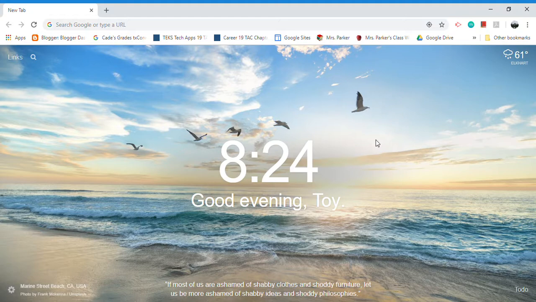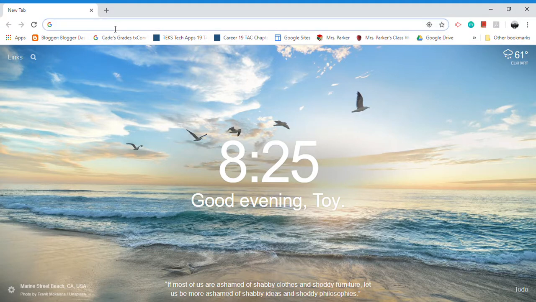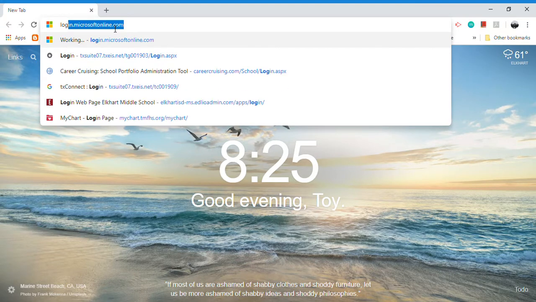I just learned about this last week at a technology conference that I went to, and thought rather than just tell you, hey, Immersive Reader exists, I'd go ahead and show you how well it works. So you start out by going to the Office 365 webpage, which is